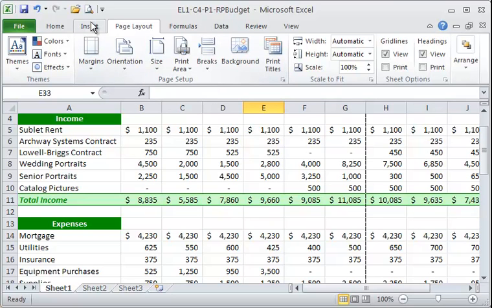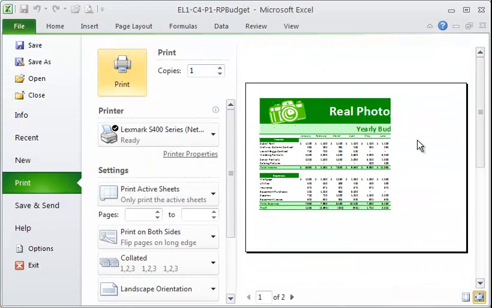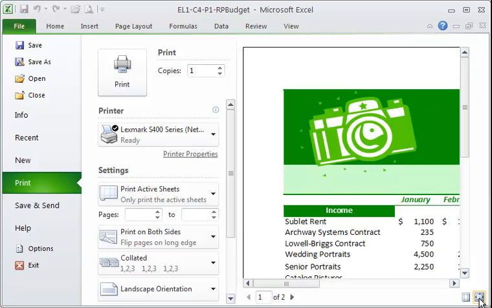And as you've noticed, maybe not, in Print Preview, our column letters and our row numbers, they don't appear when we print them out. Neither do our grid lines. Let me zoom in here just a little bit. You can't see A, B, C, D across the top, and you don't see the row numbers along the left edge of your paper. And obviously you don't see the grid lines that we see on our screen,